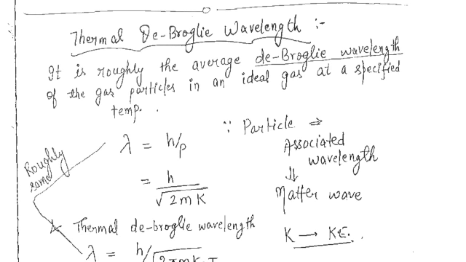First you have to understand the gas particles are behaving as a wave. First you need to tell yourself that the gas particles are behaving as a wave. So gas particles are behaving ideally and those gas particles are waves. So at any temperature, the thermal de Broglie wavelength is almost an average de Broglie wavelength, roughly h upon p.